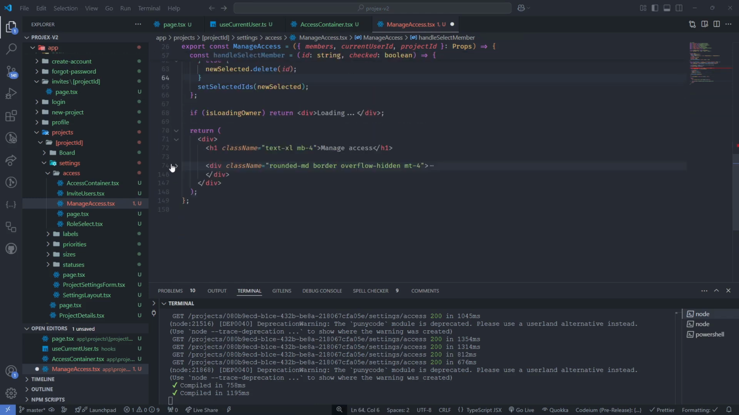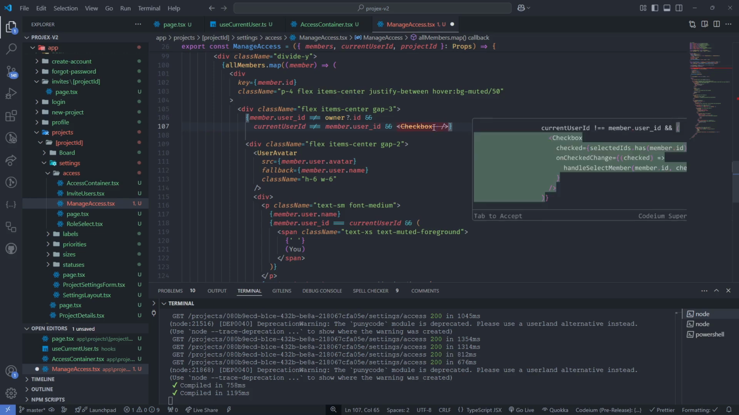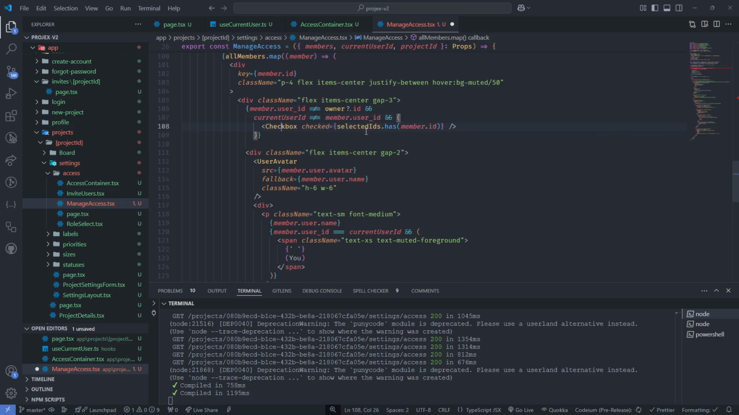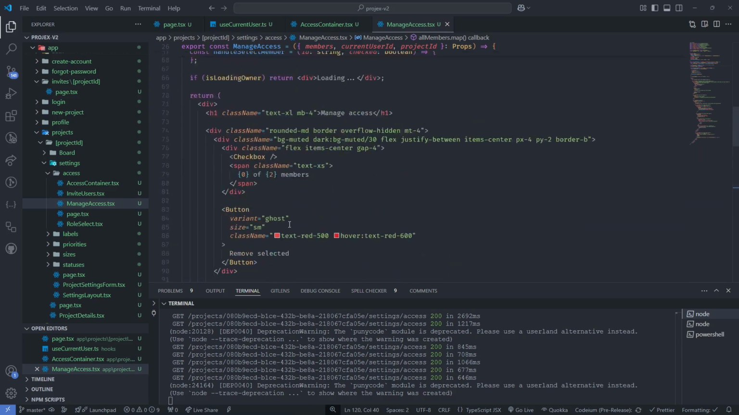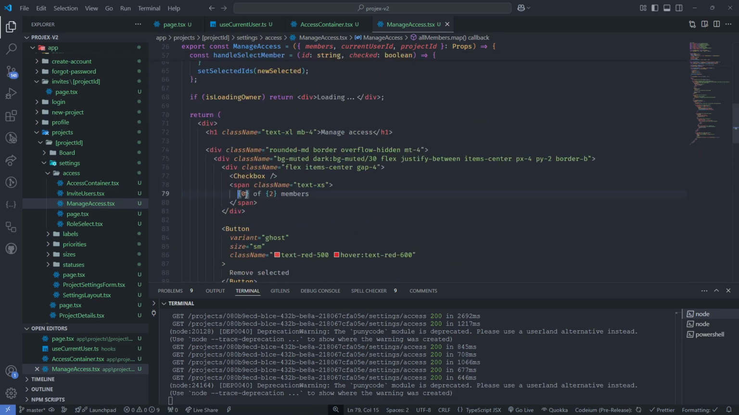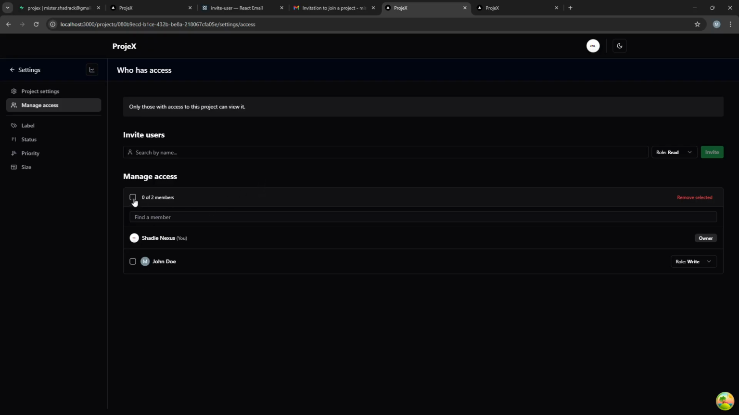So when we go down here we can add checked and say selectedIds.has, then it's going to check, and then on change we're going to handle selected member. So we get a checked, and then we call handleSelectedMember. We pass member.id, and then we pass the boolean. And then up here where we are doing 0 of 2 members, we can now say selectedIds.size of allMembers.length. All right, so when we come here, you'd see 0 of 2